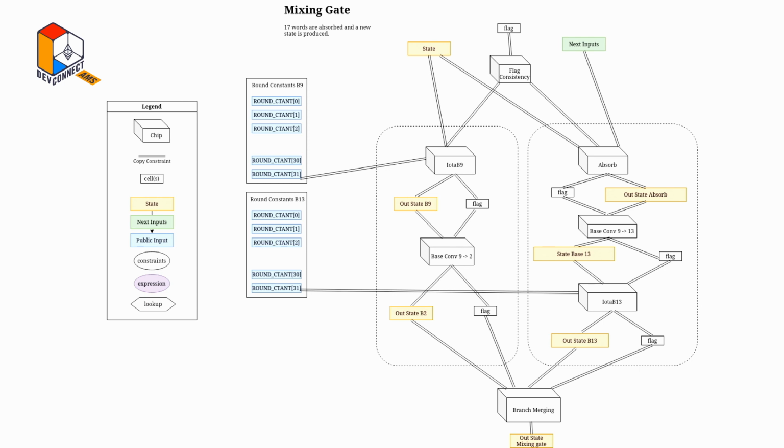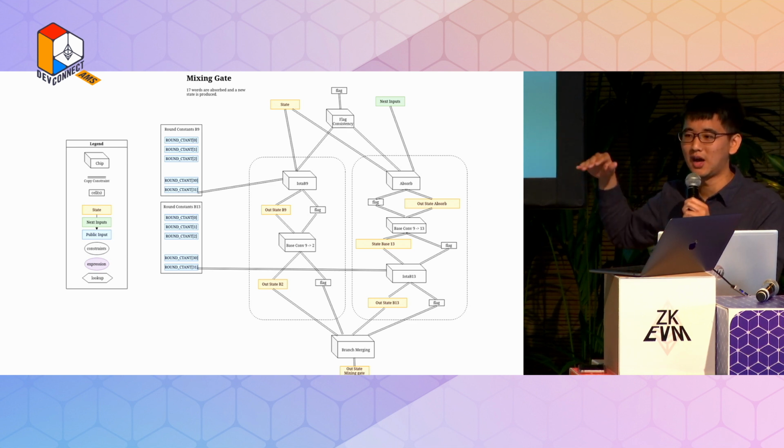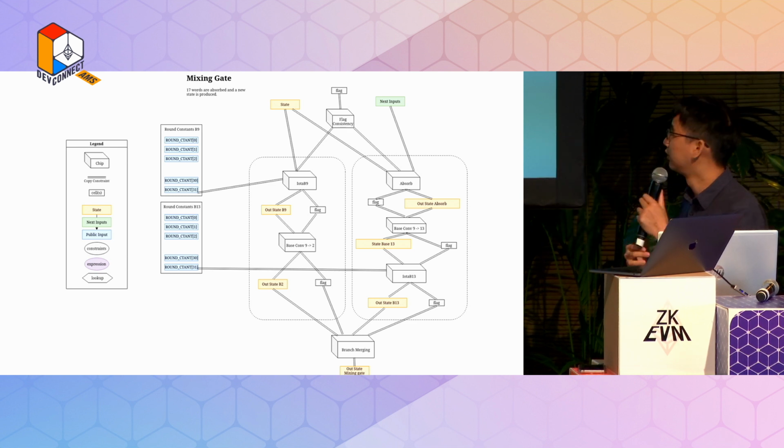So at the middle of the circuit, everything works fine, like with the sparse base. But at the end of the circuit, we have some branching, and that branching took us some time to figure out how to do. So we need to